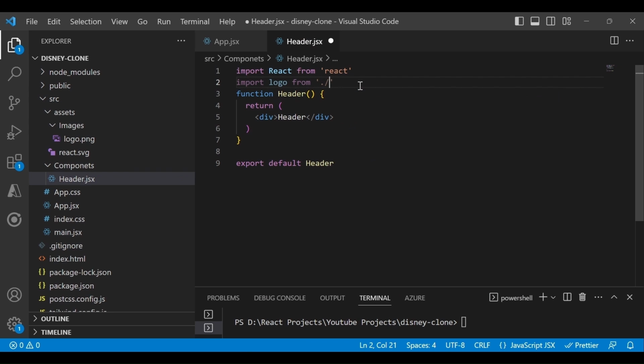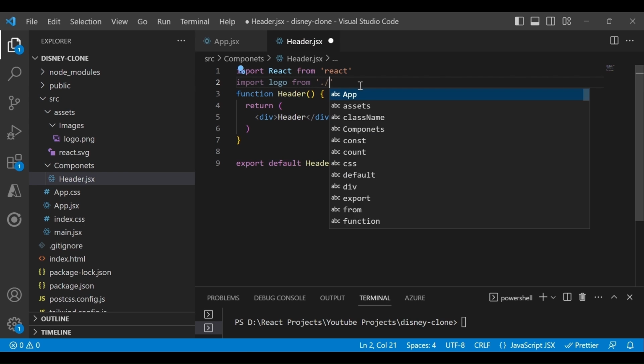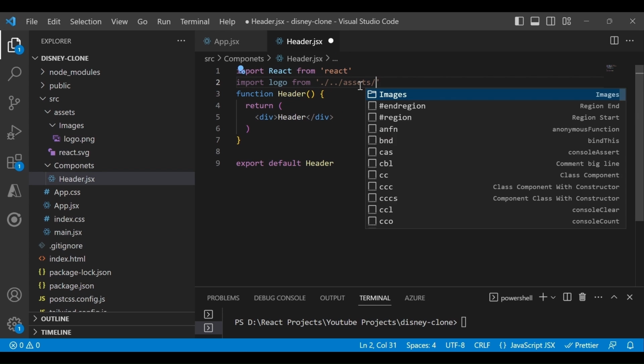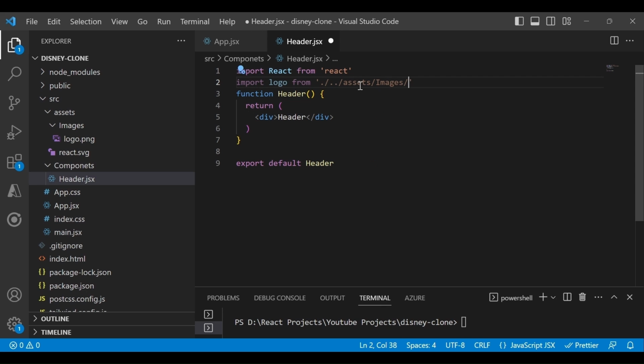So you can go like this, dot from, assets, sorry, images, and then logo.png.